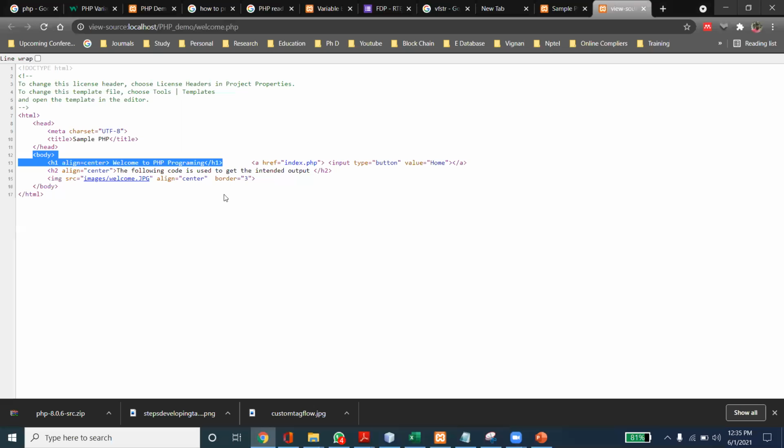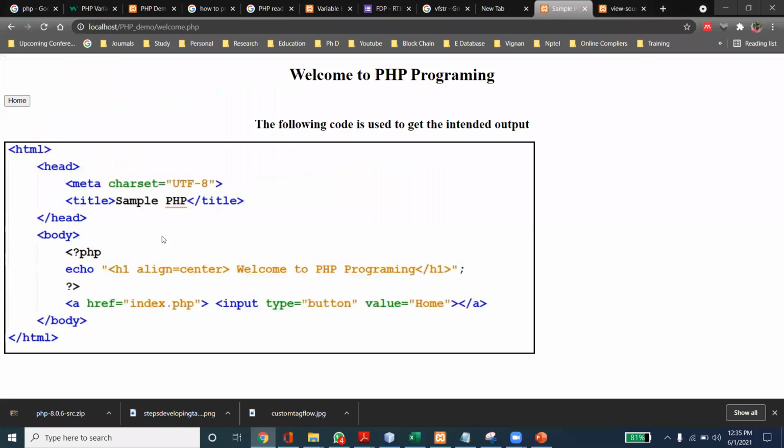That is what I already told in our presentation: the PHP file is processed at the server side, and as output it gives HTML code. Here we do not have any echo statement or anything. So this is the output of that PHP welcome page.